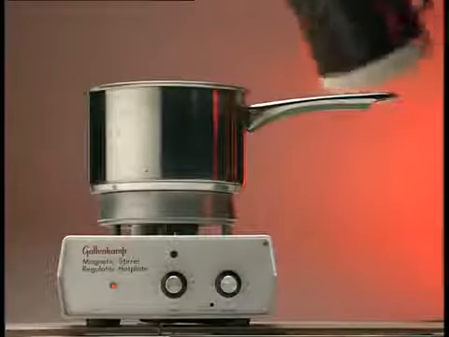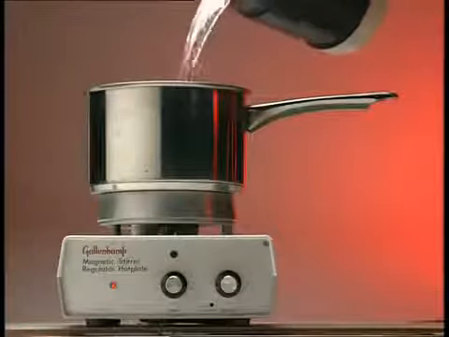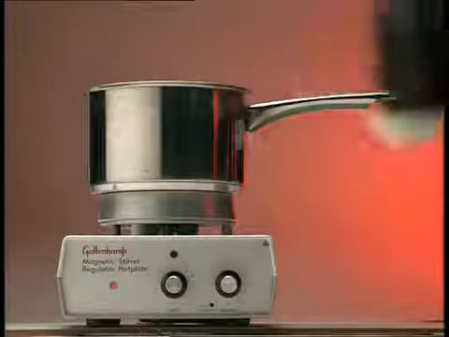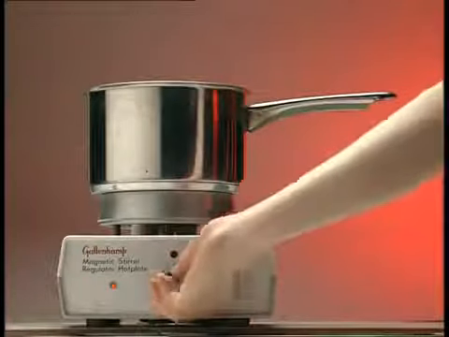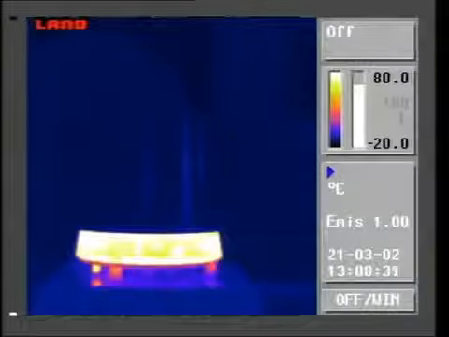There are three ways in which things can heat up, in which heat energy can be transferred. First, conduction. Viewed with this thermal